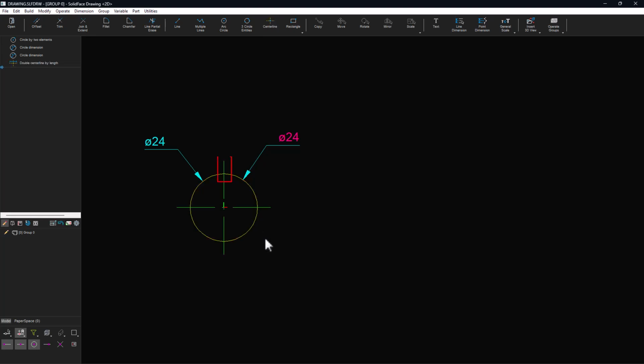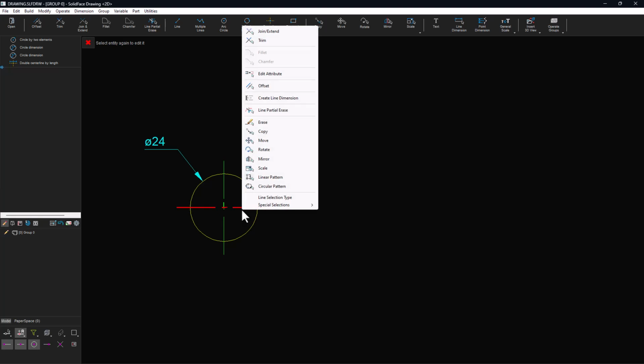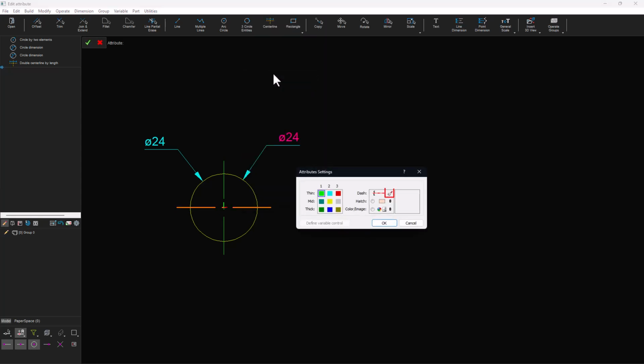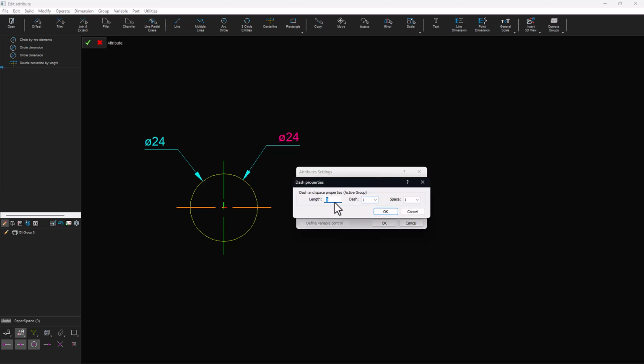Note that the center line was created with a larger half dash. To configure the center line's dash attribute, select one of the center lines and right-click to open a new submenu and choose the Edit Attribute option. Configure the center line spacing. Change it to